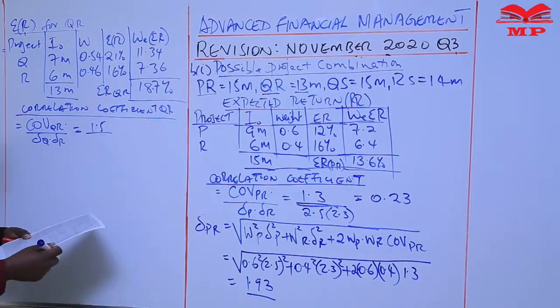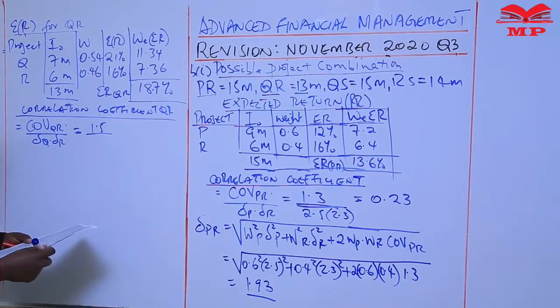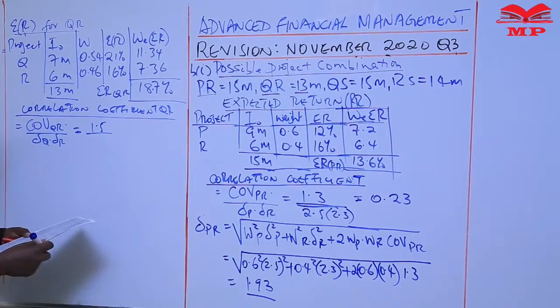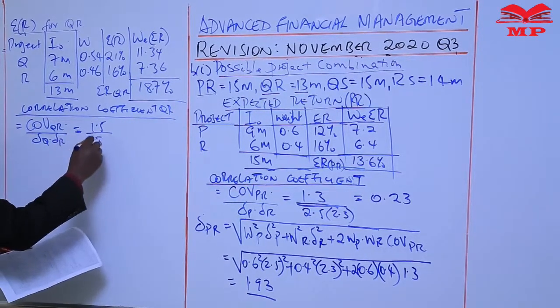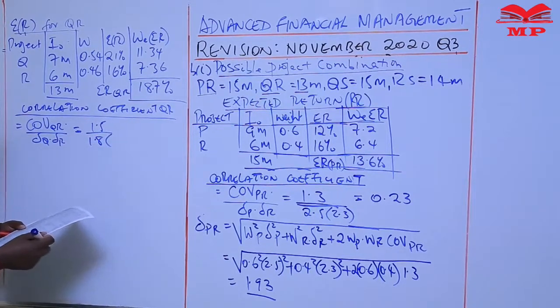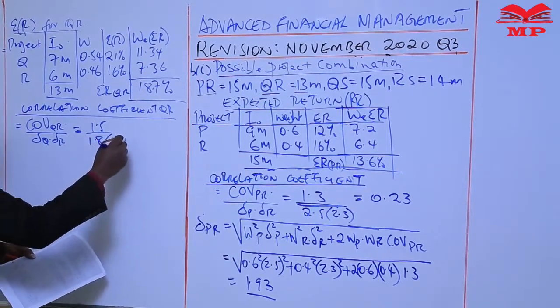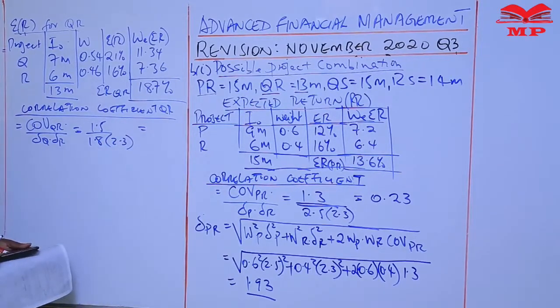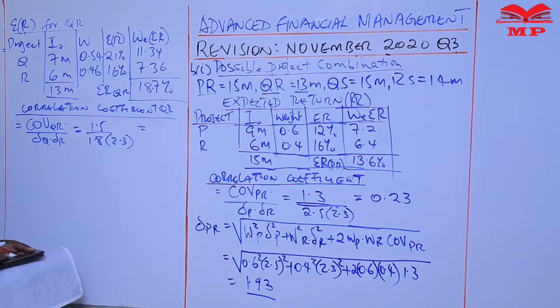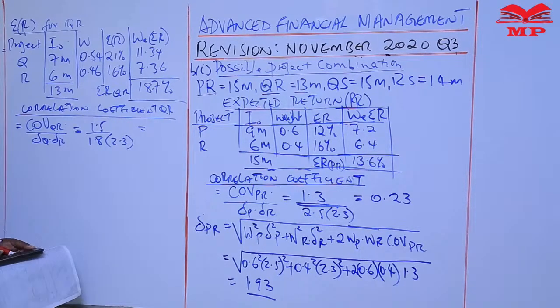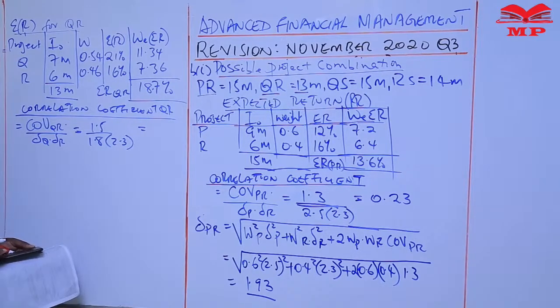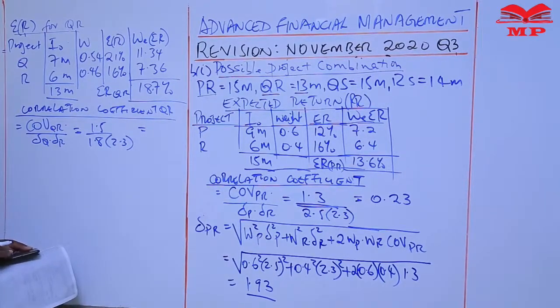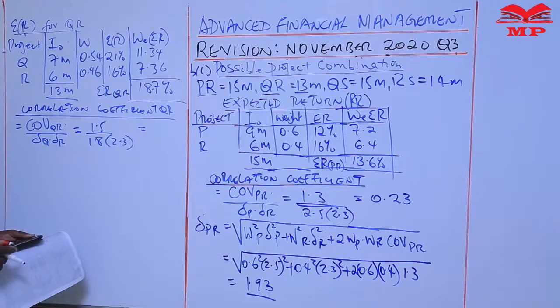Standard deviation of Q is 1.8 times standard deviation of R, 2.3. It's that simple. 1.5 divided by 1.8 times 2.3